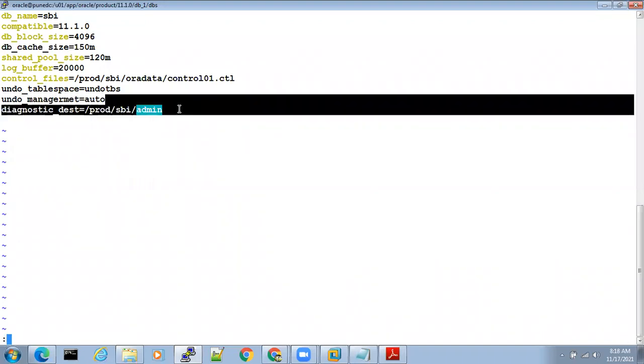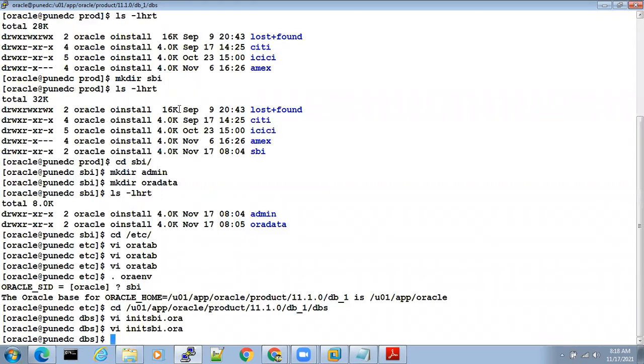That's the spelling mistake that I have made. Wantedly, while writing the parameters, I have given that spelling mistake to show you, or to explain to you, where we will get the issue at the time of database creation, so that we can solve the problem.